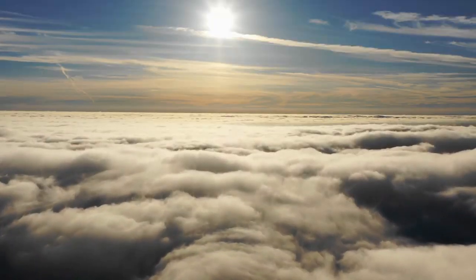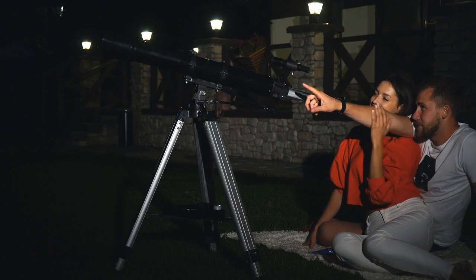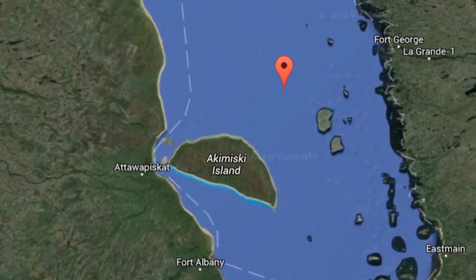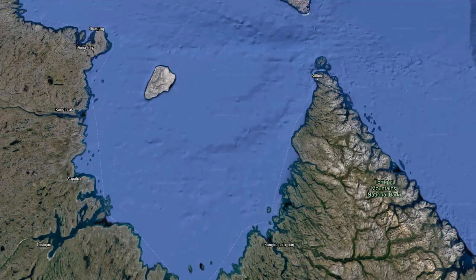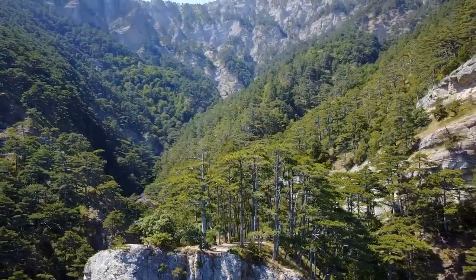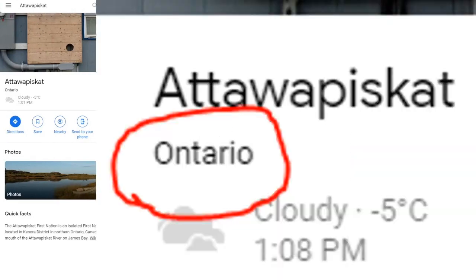Thanks. When you look at a map of Canada, what do you see? At first you see 10 provinces, 3 territories, James Bay and the Great Lakes, until you realize that Akpatok Island and Akimiski Island are part of Nunavut, while being closer to the other provinces. But how did this happen?